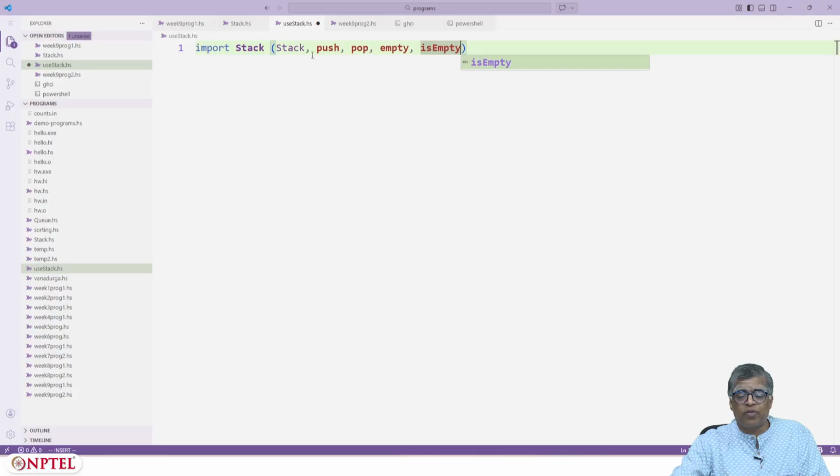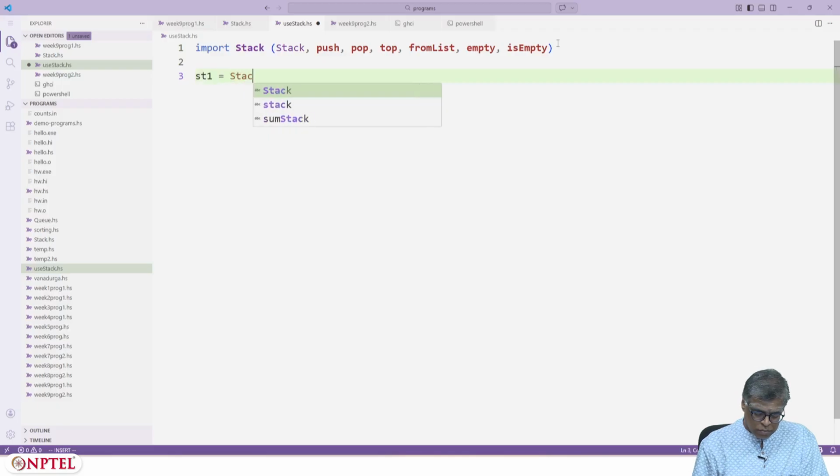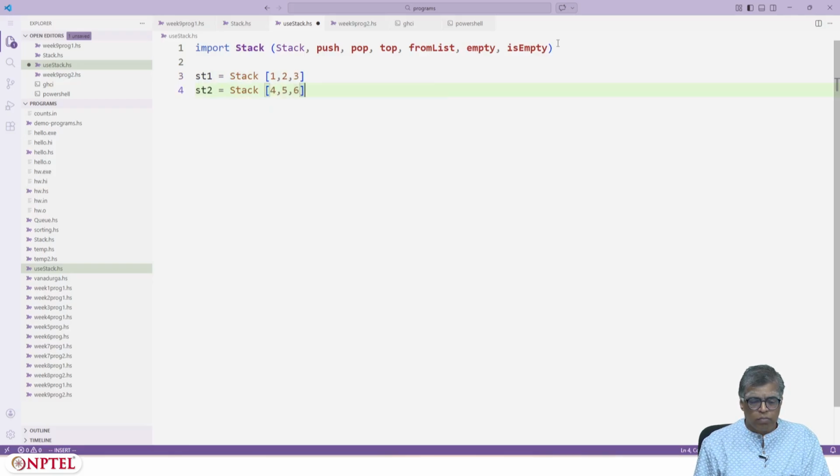I also had top and from list, right? I can write whatever functions I want.